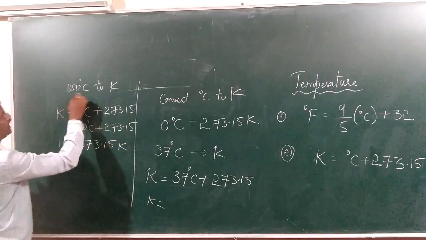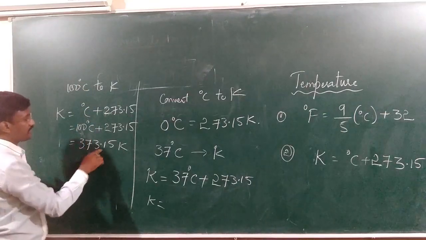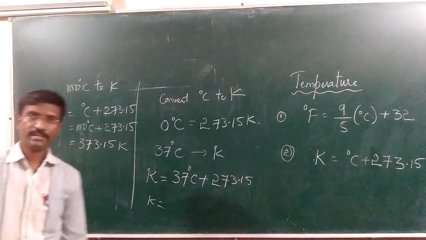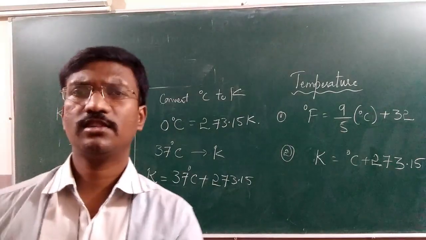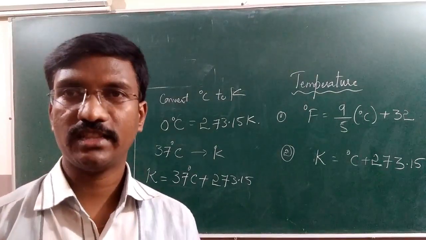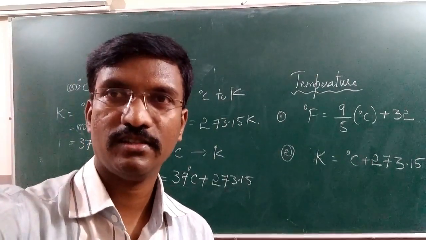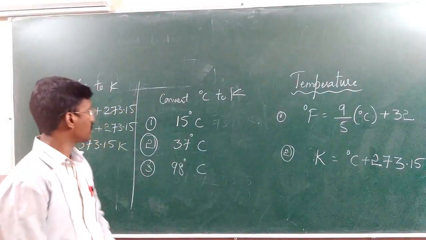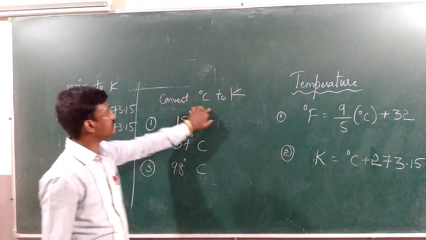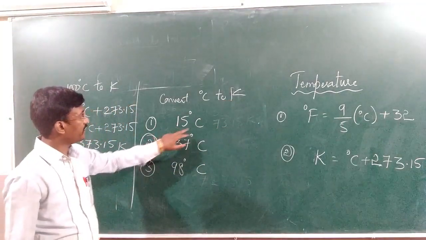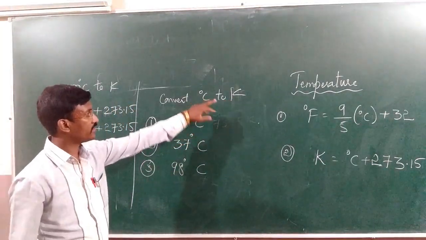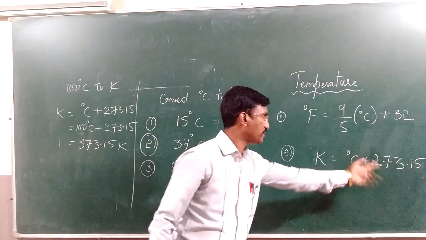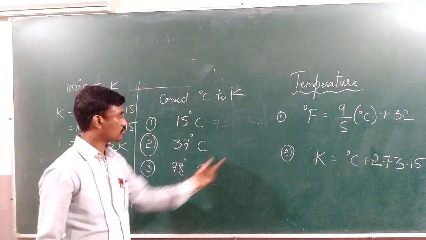So it means 100 degrees Celsius is equal to 373.15 Kelvin. I hope you are getting this. This is a very simple concept. You just take these 2 or 3 examples here. So here I have given you the examples. Convert degrees Celsius into Kelvin: 15 degrees Celsius you have to convert into Kelvin just by adding 15 plus 273, 37 plus 273, 98